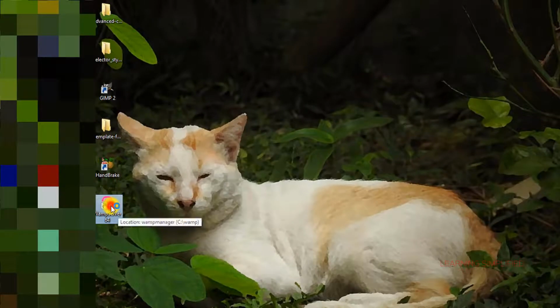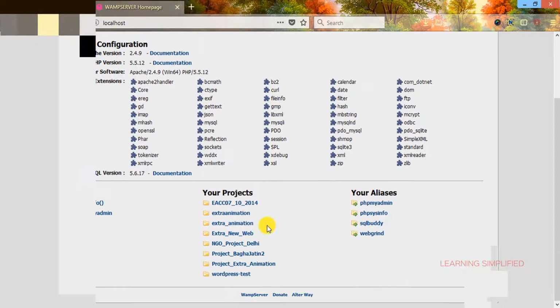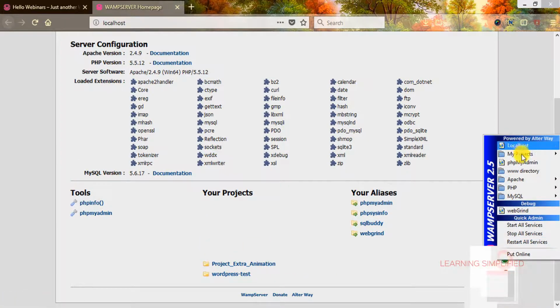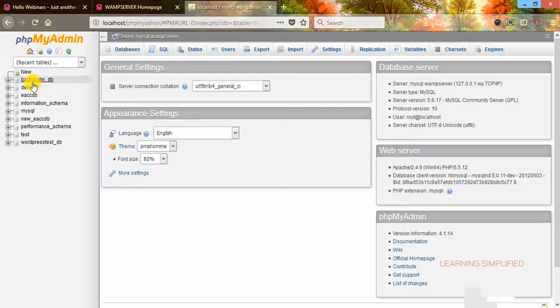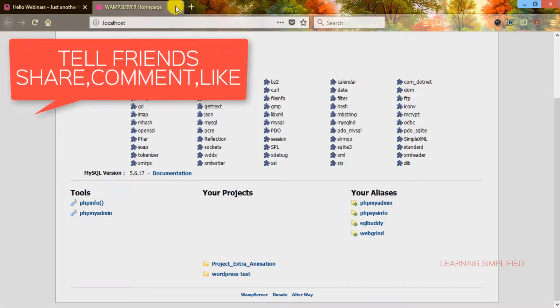If you double click on this, you will see that the icon is now already present in your system tray. If you go to localhost, you can see the projects that we have built so far here. Another thing, this is the database option. There it goes, phpMyAdmin. So this is the database. You can create, modify or delete databases, tables, anything that you want here. There's absolutely no problem with it. It is a very lovely software to be executed.